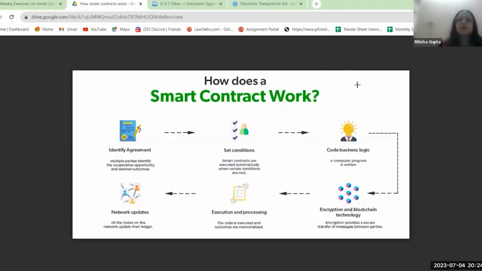The entire execution of the contractual terms is done automatically. The code is programmed and written in such a way that it will identify whether or not the user has done that particular activity. If the activity has been done, then the subsequent step is automatically executed by that code. So the code of Netflix has been written in such a way that anytime a user pays the monthly subscription fee, the code automatically identifies that, and once it has identified that the payment has been made, it automatically gives you access to the platform of Netflix, right?